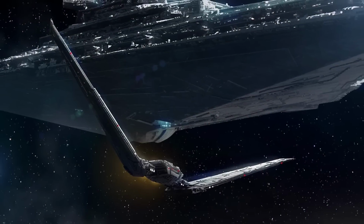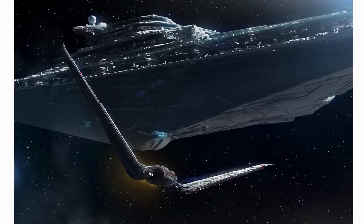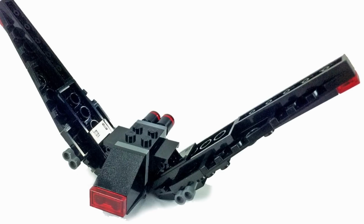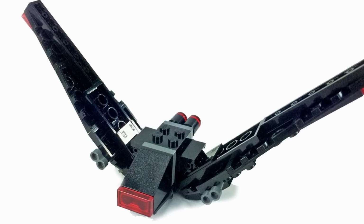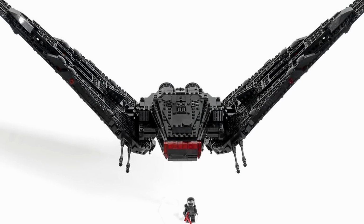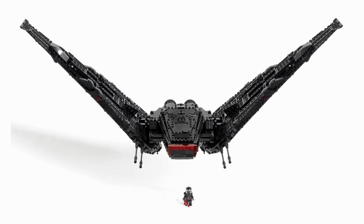The next set after that is Kylo Ren's Shuttle. This will be in a midi scale, which is also known as the Starship series now. This set will cost $70 for 386 pieces, and that probably jumps out at you as it should. That's a really low piece count for $70, although it's probably just a lot of big pieces, which would somewhat make sense to me. The ship has a very interesting design that would make it very challenging to build, so